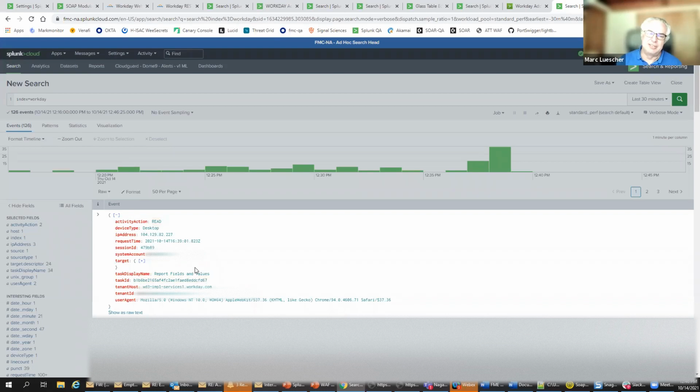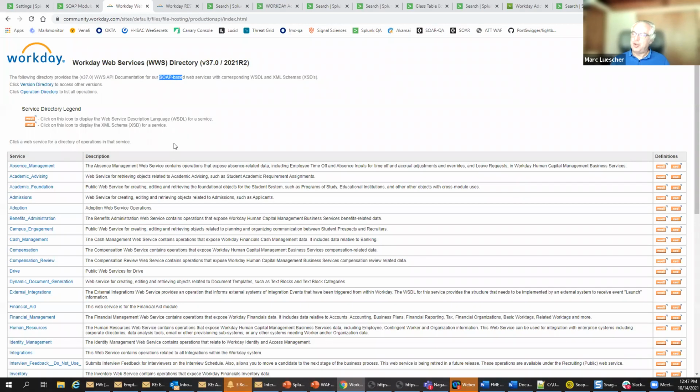But the request from our ISO was, we want to know who is logging in, who is trying to log in. And the REST API, unfortunately, only shows us who was successfully able to log in. But the information our SOC was interested in is who is trying to penetrate our system, who is trying to log in. So we went back into SoapLand,